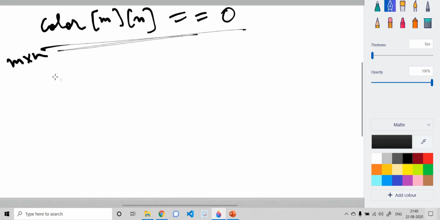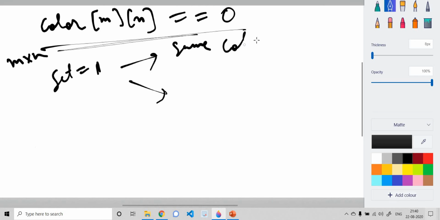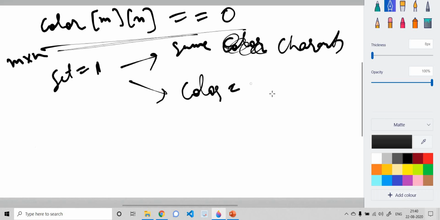Whenever I start my DFS, I set its color equal to 1, and if there is any adjacent cell with the same character and its color is 0, I move to that cell.